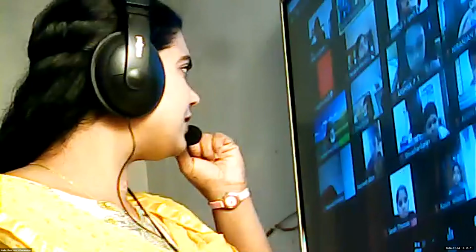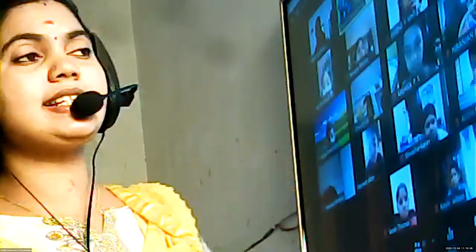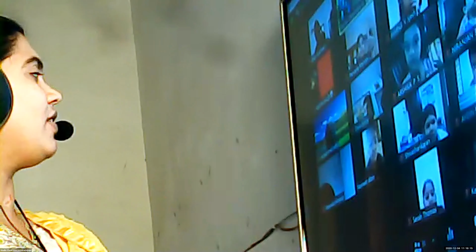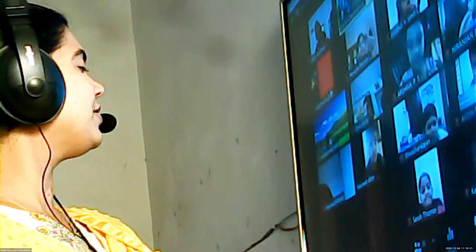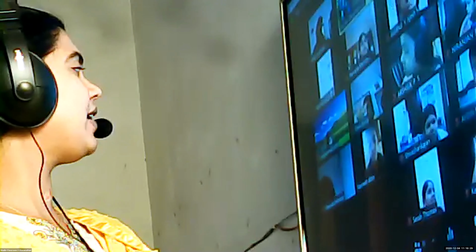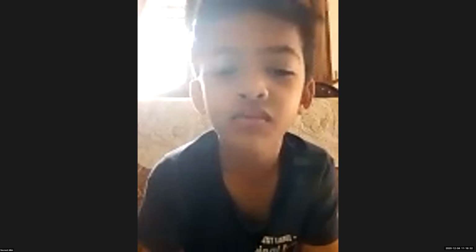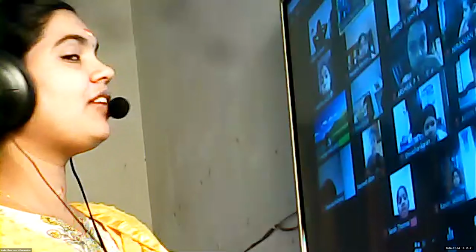Last class, you were not there, right? What is the position of the minute hand if it is 5 minutes? Whether it will be on 1 or 2 or 3 or 4. What into 5 will you get 5? When we multiply by which number will you get 5? 1. 1 into 5 is 5. So where will be the position of the minute hand? It's not 5, it's 1.